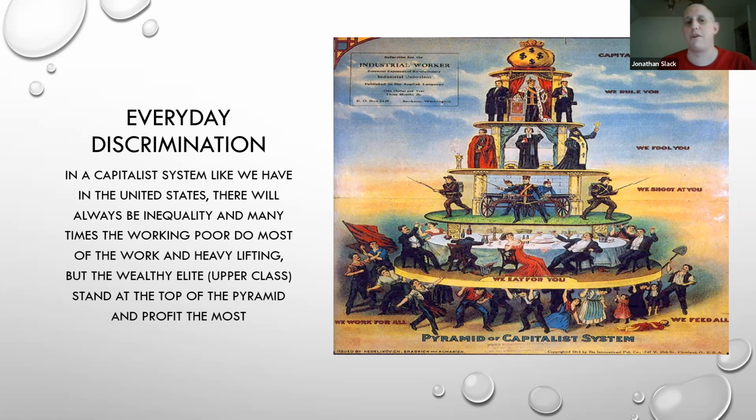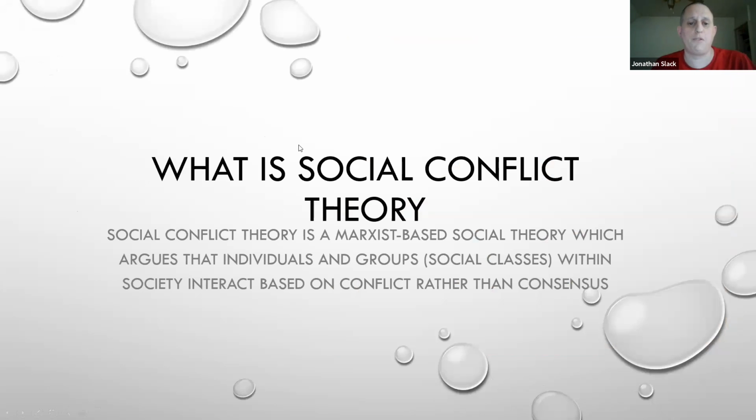So that pyramid really defines social class to me. There are 5 levels, 1, 2, 3, 4, 5, right down the line. And being at the bottom of the pyramid is extremely tough, because it feels like sometimes you're working for other people to eat. That is what this picture depicts. Yeah, it spoke to me.